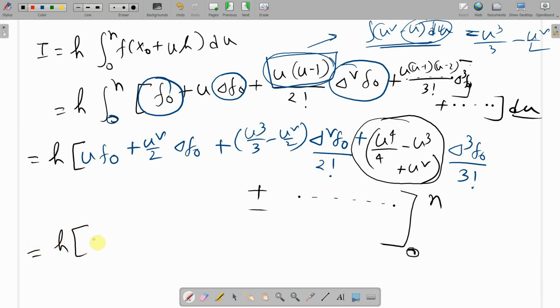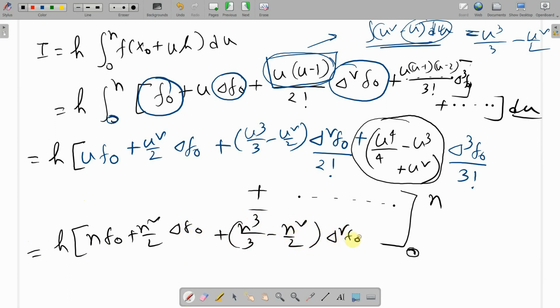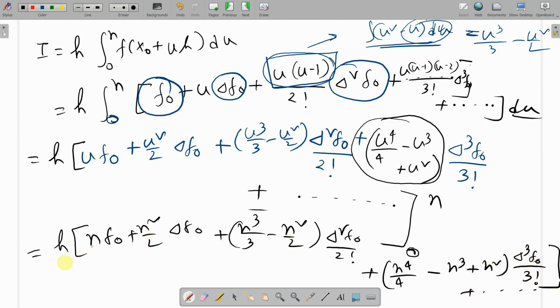So if I write, this will be n f0 plus n square by 2 delta f0 plus n cube by 3 minus n square by 2 delta square f0 by 2 factorial. Okay, and fourth term would be n to the power 4 by 4 minus n cube plus n square del cube f0 by 3 factorial plus dot dot dot, and from here you can